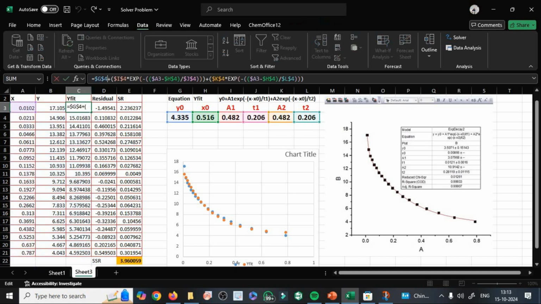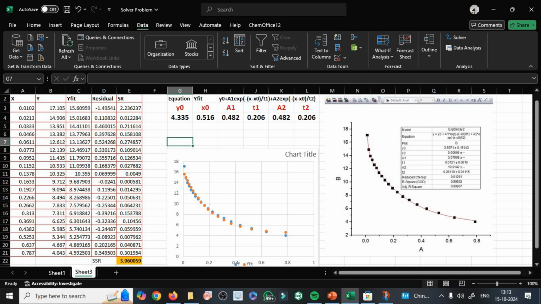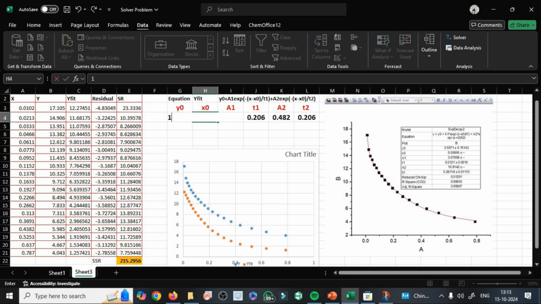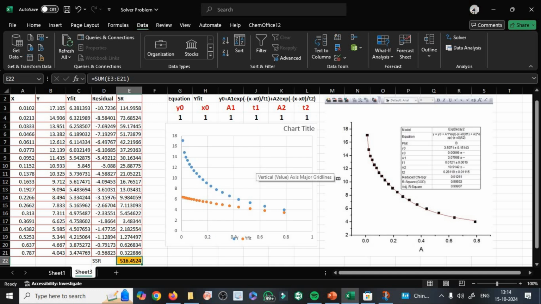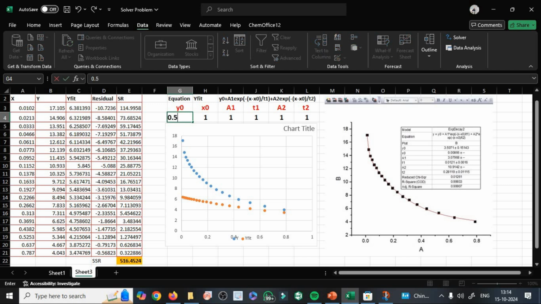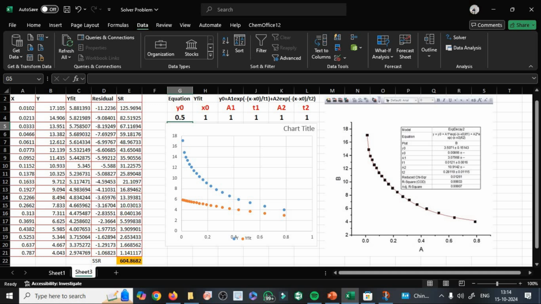So in this equation you can see all these constants y0, x0 are involved. Initially you can note down the value is 3.96. This is SSR, and now I am giving them the value 1. Right now this is my guess, but if you know the initial guess, say I use this 0.5 for example,